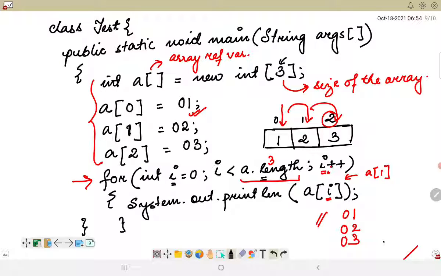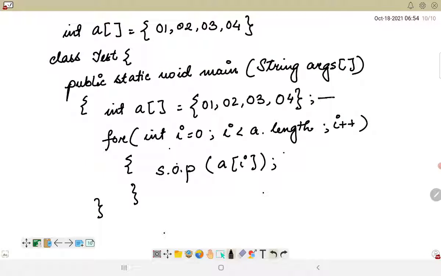In the earlier program you are declaring and instantiating an array in one step, and initializing the values in subsequent steps. But in this line, we are declaring, instantiating and initializing the array, everything in just one single step. So this is how an array program looks.